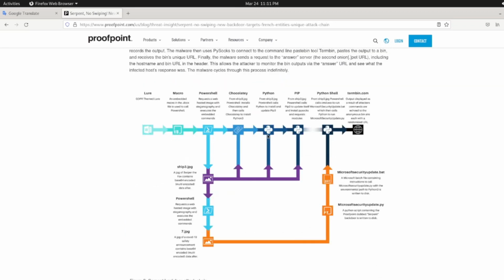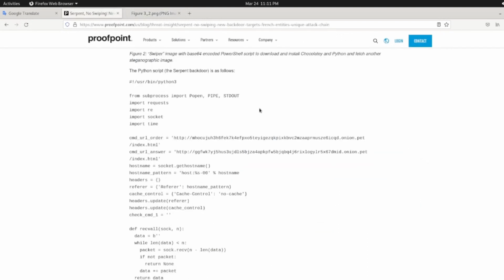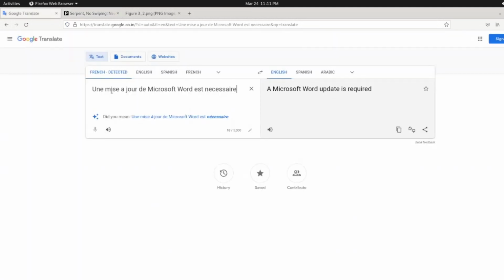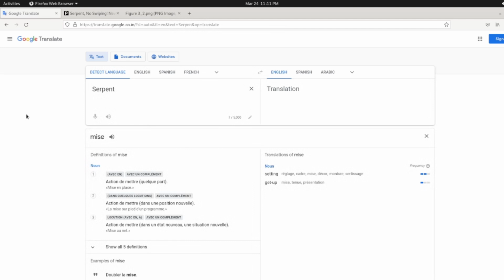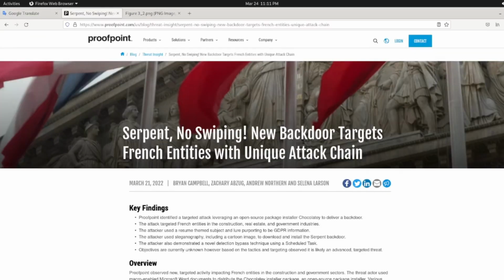And here is the chart. This chart clearly explains the flow of this malware. And the malware name is Serpent. So the researchers named this malware Serpent. Serpent is nothing but snake. So let's try to get the real meaning of serpent. A large snake. Yeah. So Serpent is the malware name, and the malware type is backdoor, and it targets